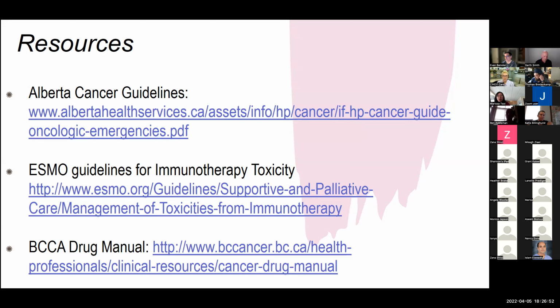They keep that very up to date. And what's really helpful is, again, you might see somebody who's on a medication you've never heard of before. And if you look at just the product monograph, every single drug will have diarrhea down as a side effect, for example. But when you go to the BC Cancer Agency's drug manual, they actually have them listed as common, uncommon, rare, so that,